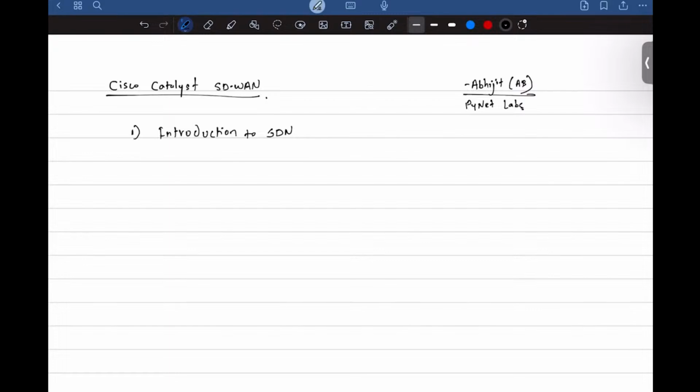If you understand this part pretty well, then it will be much easier for you to grasp the information about the solution that you're talking about. That's why we will be talking about SDN, and then we will be jumping into the actual content.